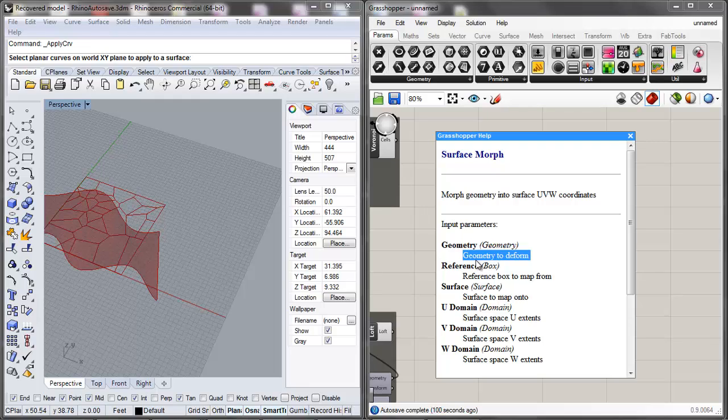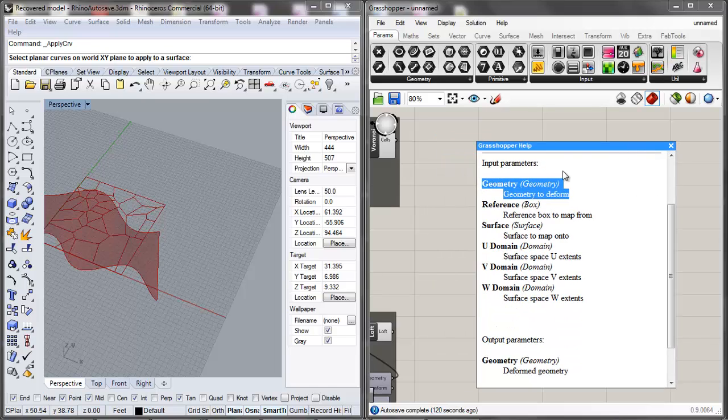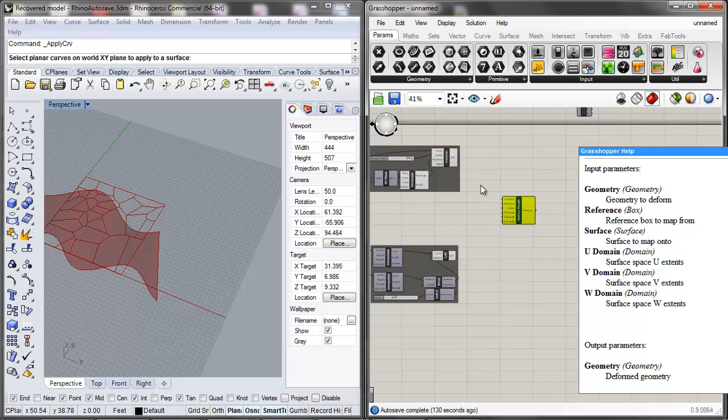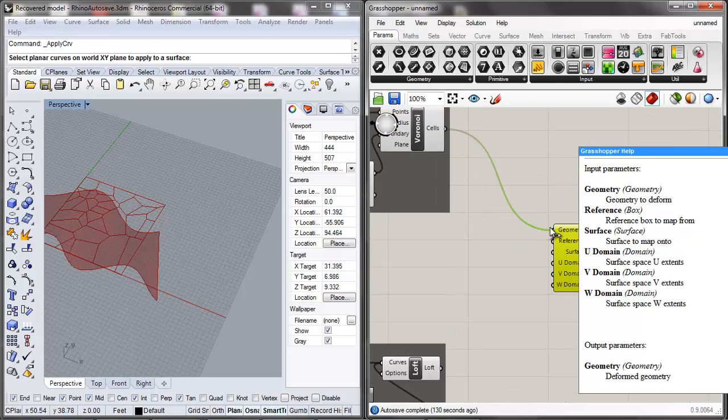So, reference box to map from, and then the surface to map it onto, and then the surface space, and the U extents, and then the domain, V extents, and then the W. So we can get away with not needing the domain. The first thing that we know we have is the surface map and the geometry. So we can plug both of those in right away, right? My cells are my geometry,